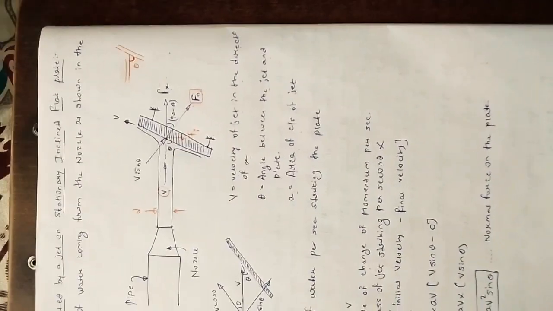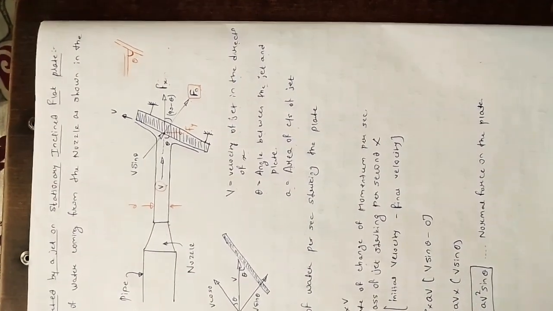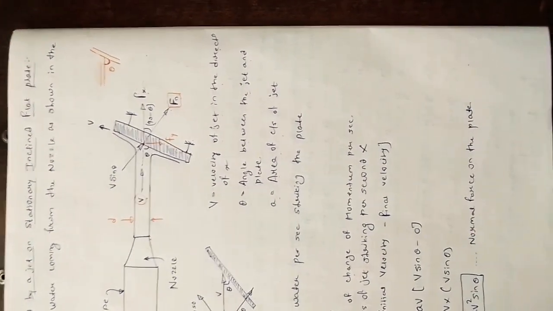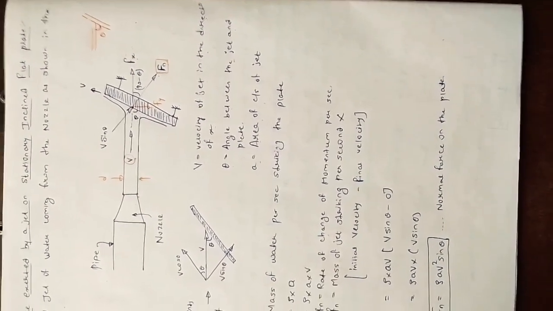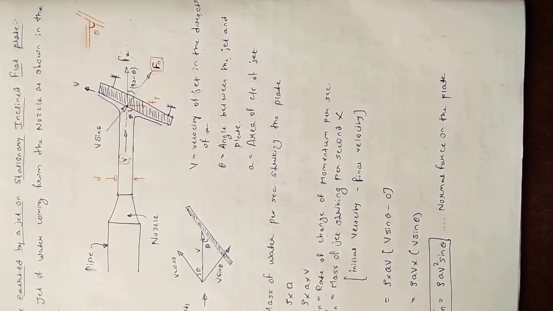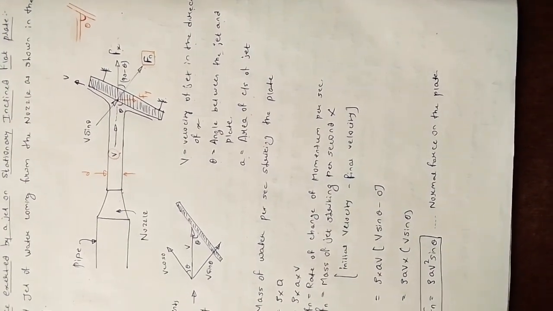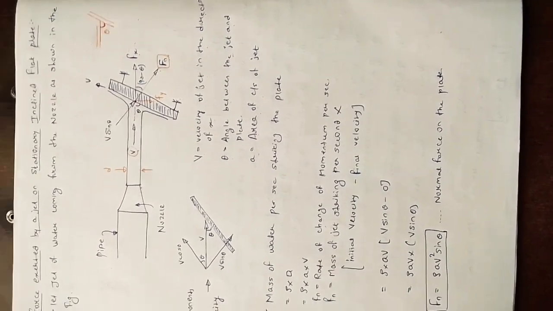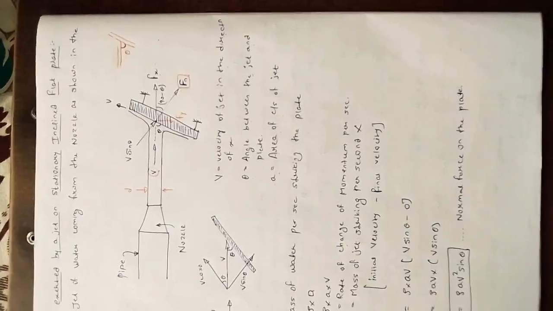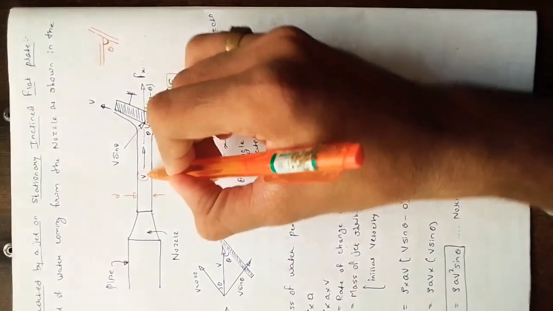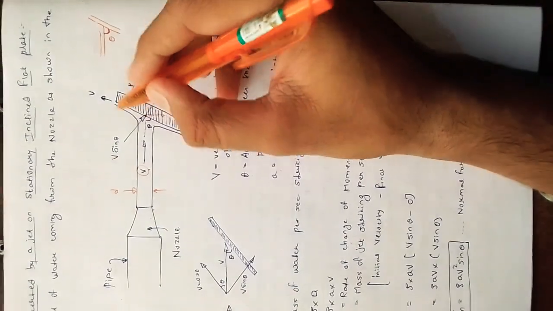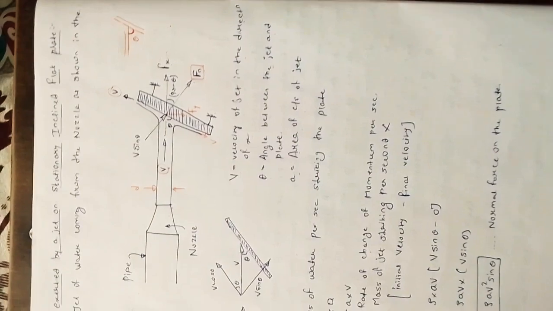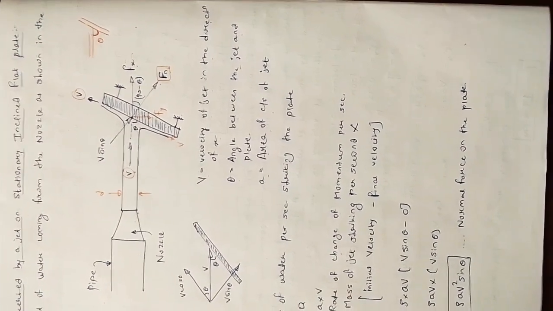One more concept you should understand: if the plate surface is smooth, and it is assumed that there is no loss of energy due to impact of the jet, then the jet will move over the plate after striking with a velocity equal to the initial velocity. It means that if the jet is coming with a velocity of v and there is no loss, then obviously it will pass with a velocity v.